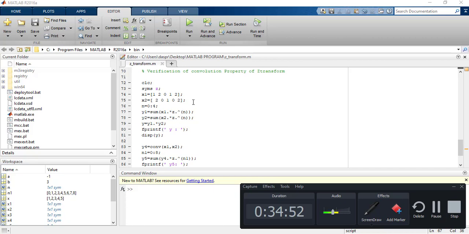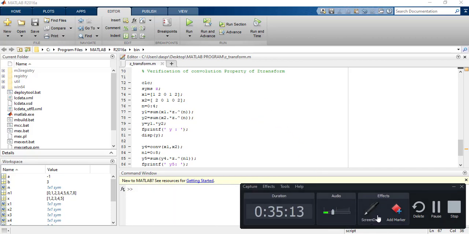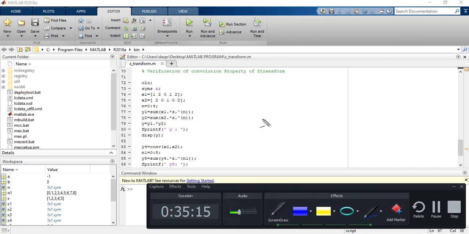That means if you perform convolution, the result of the convoluted signal will be what length? First signal length plus second signal length minus 1. Here the length of the first signal is 5 and the length of the second signal is 5, so 5 plus 5 minus 1.